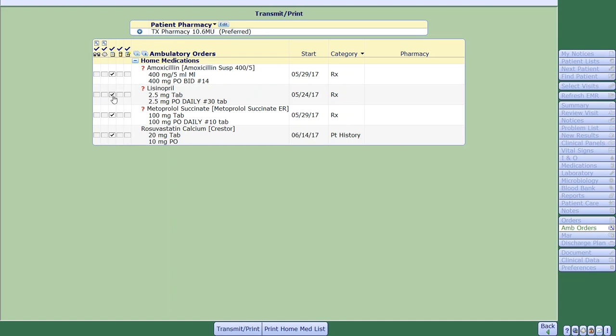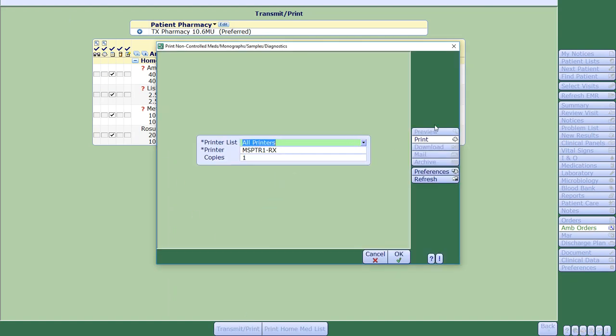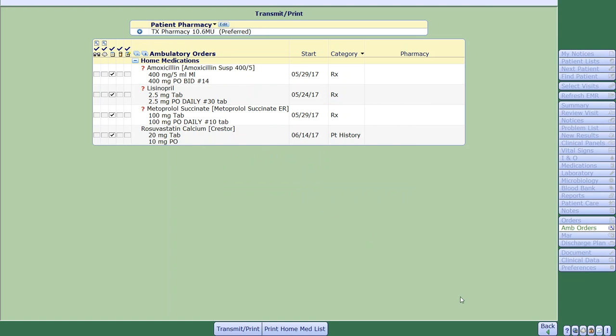You would choose all the boxes and then click transmit if it was electronic prescribing, or it would mean print if the printers were chosen. In the case of printing, your printer will come up like this, and then you will be more or less done. I can't finish the process wholly because this is in test instead of live here, but if you have any